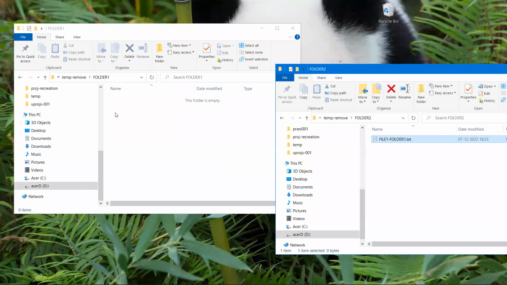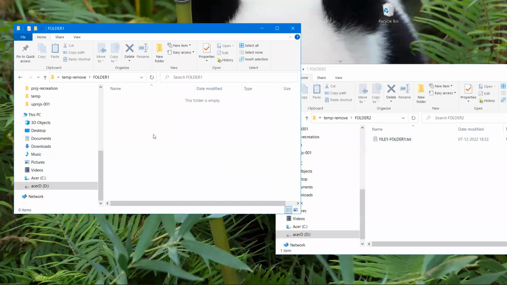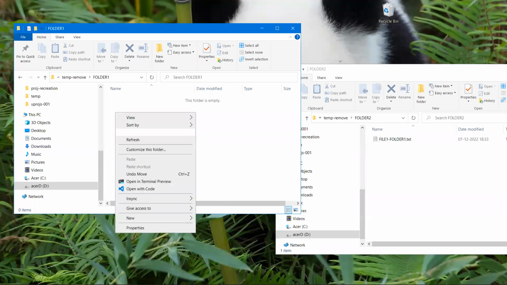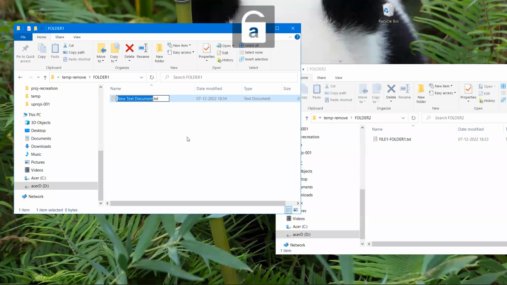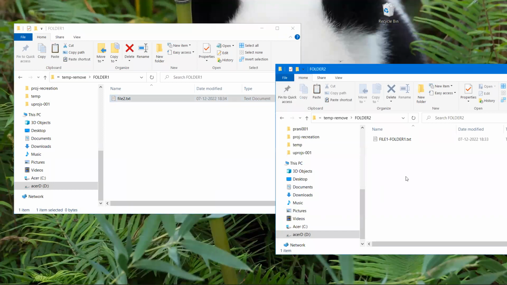side. All right, let's say there is another file. I'm creating another file. Understand the process here. So I'm doing a create first, file 2, copying it. All right. Going to folder 2 on the right side, pasting it here.